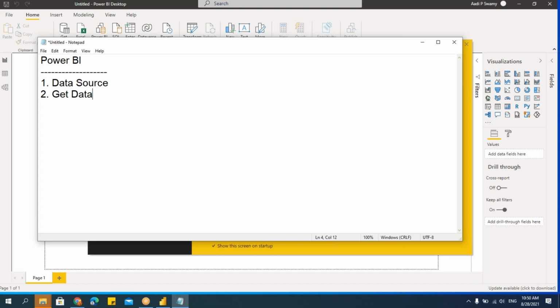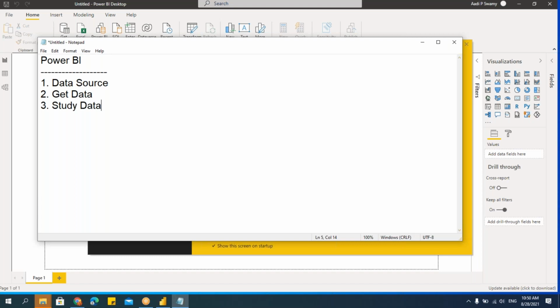Right? Once I get the data, next is studying the data. We can study the data before getting the data or after as well. That is left to you. Suppose I've already taken the data inside, then I can study the data. Then once I understand the complete data, this is very important. Understanding your data is very important. Unless you know what data you have, you cannot create a good report. So this is very important.